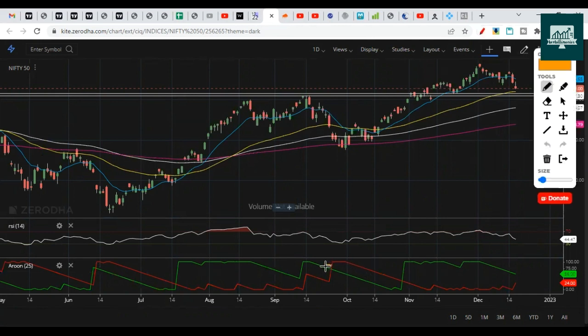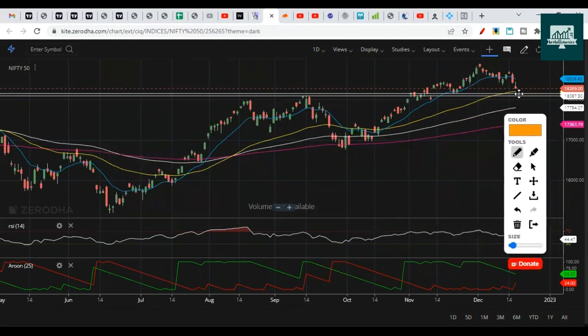So you can see here, it crossed here, right? During this portion, it crossed during this red candle. I think it crossed. And after that, we had a drop. This was a smaller drop and then it turned sideways. So the market went sideways a little here. And then it shot up. And when it shot up, it again gave a crossover. So this is better than ADX. That's why I'm using it.